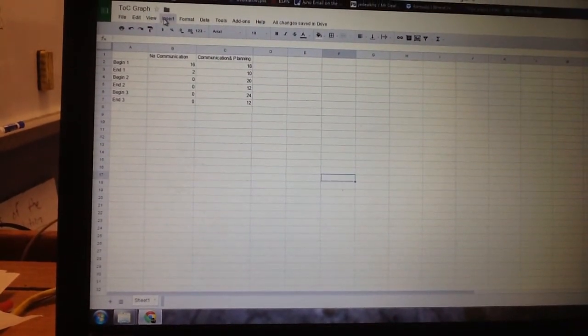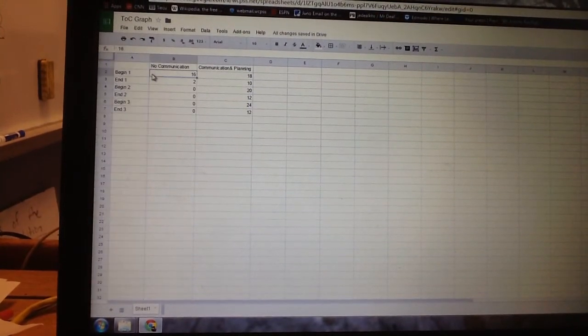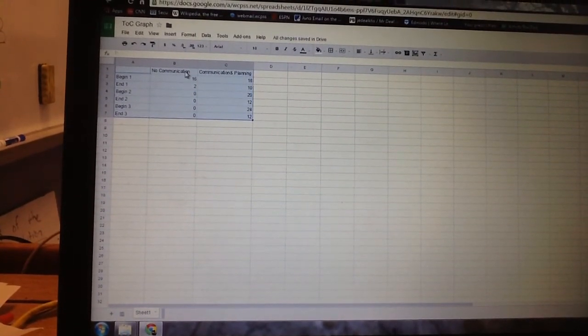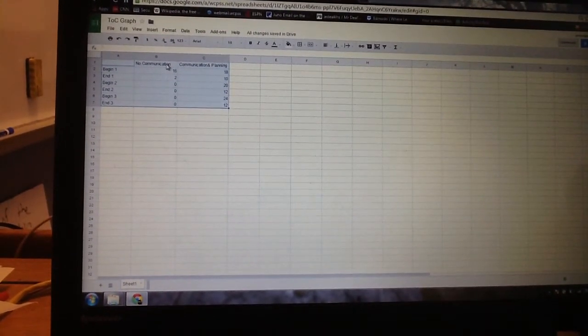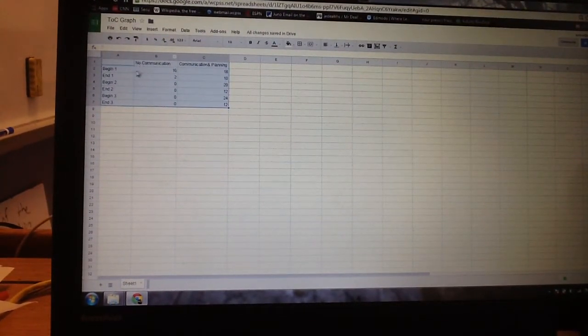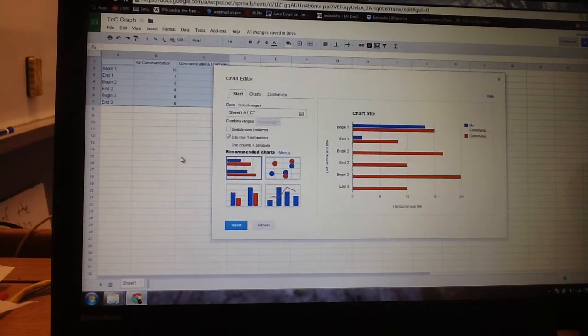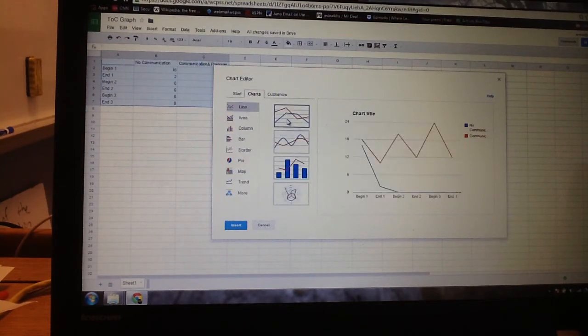Once we have that typed in, we can get ready to insert our chart. We need to highlight this set of data right here. Notice that I also labeled the columns, which one was no communication and which one we allowed communication in. Once we have all this highlighted, we can go to Insert,